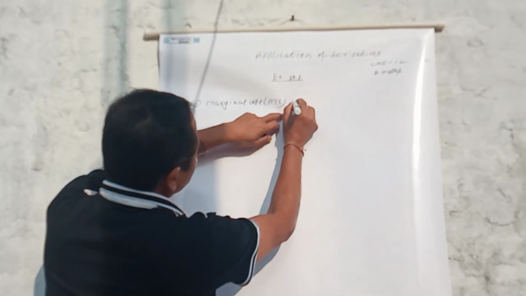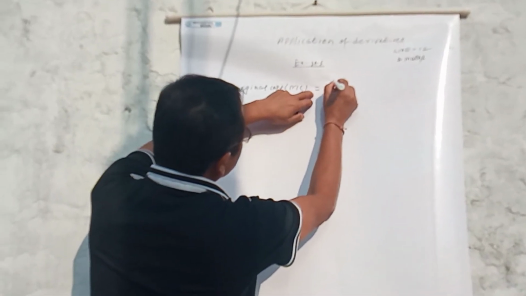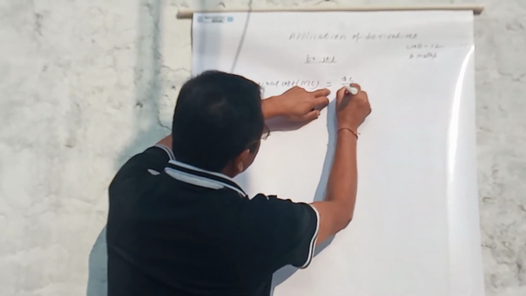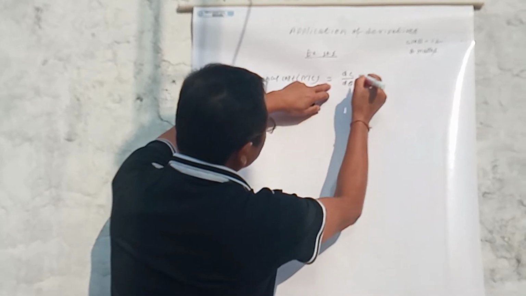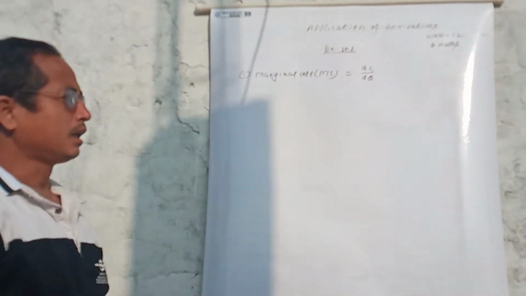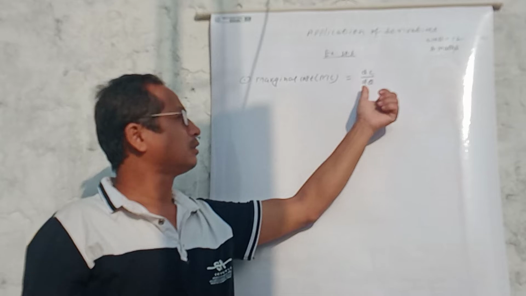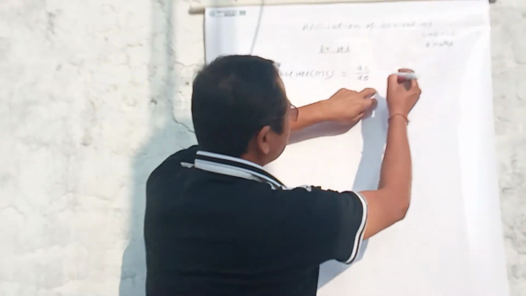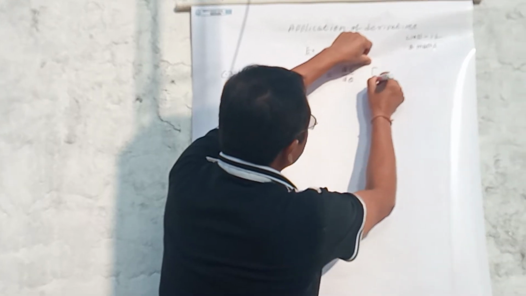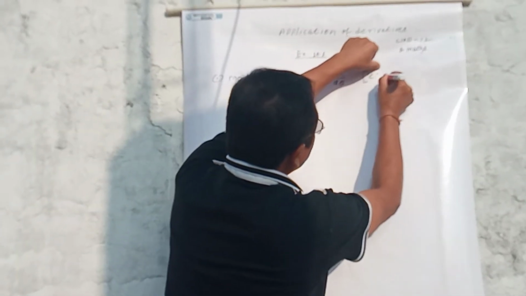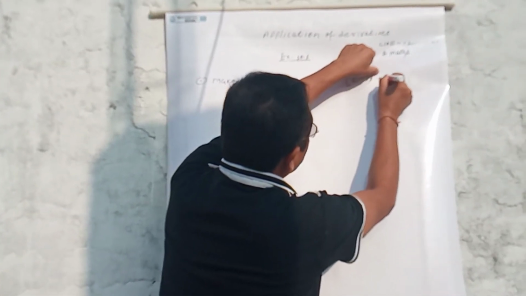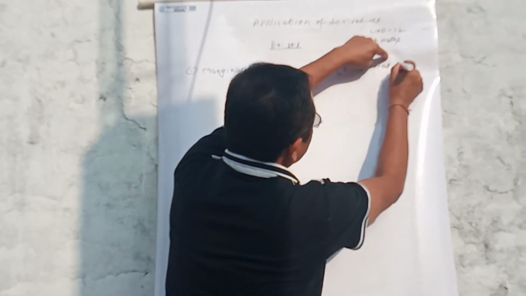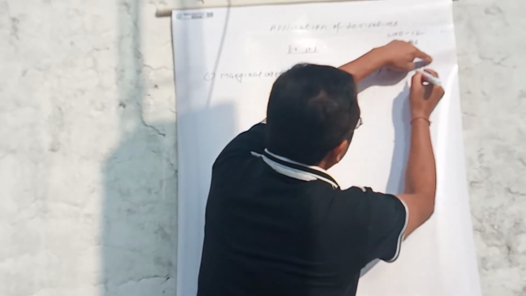Its formula is dC by dQ, meaning derivative of C with respect to Q, where C is the total cost function,